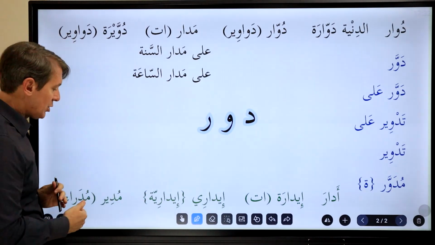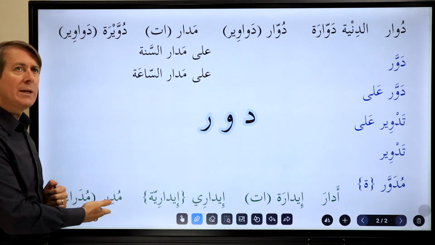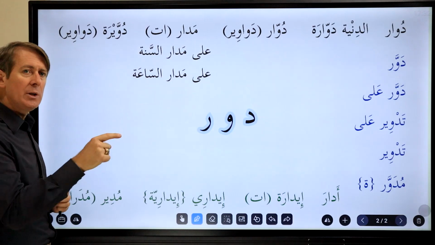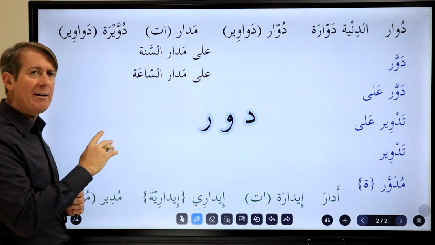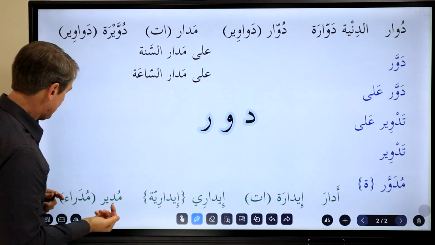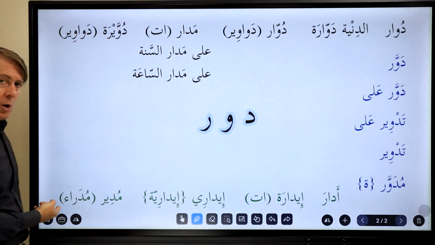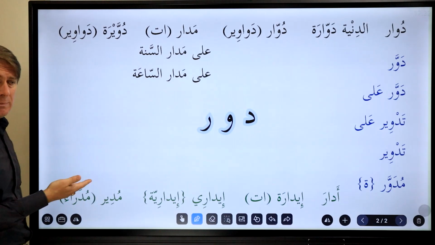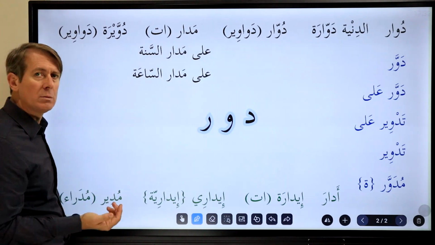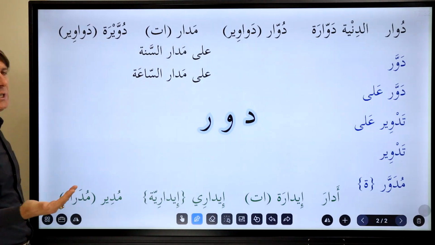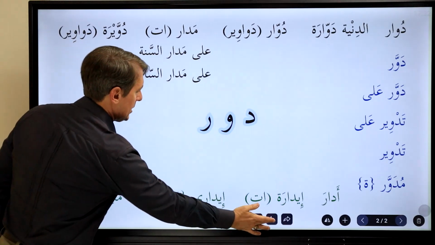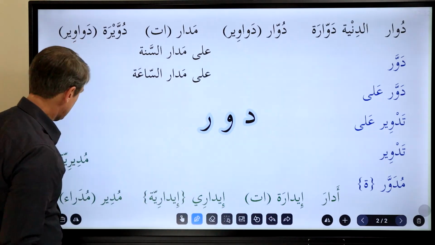So he might say هو مدير بدائرة السير. He is a manager in the department of traffic, or department of motor vehicles, kind of like that. So mudara in Ammiya is the plural. Now in Fusha you can say mudirin. That's possible as well. But mudara is most used as a plural.